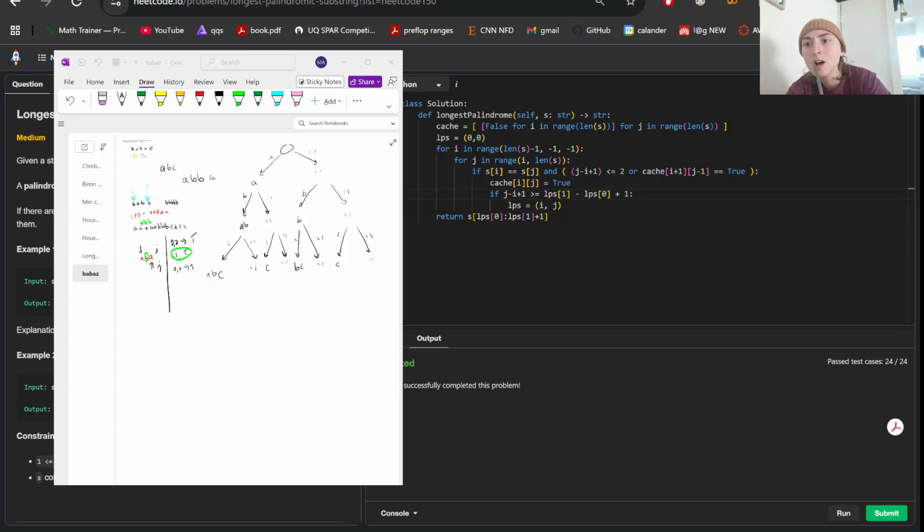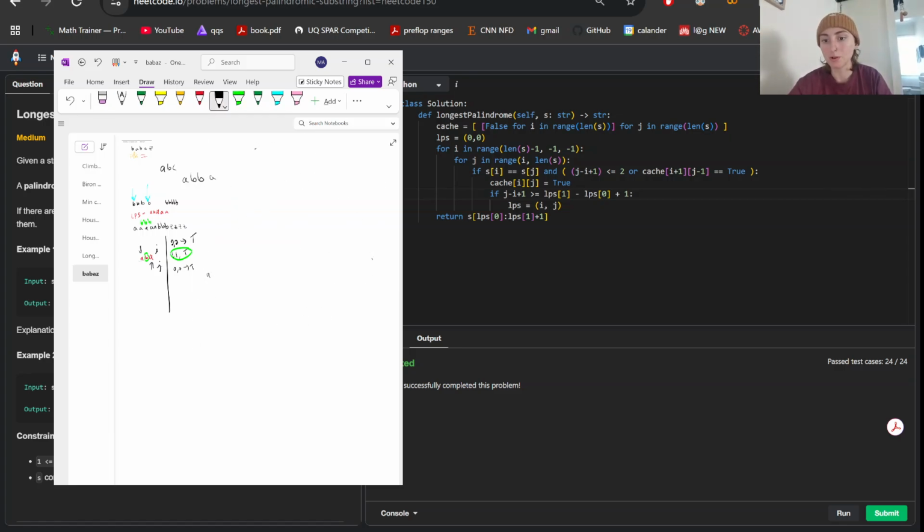Because this is a bottom-up approach, because we are starting at each index from size 0, like from just one character, and we're building up a cache of all of the results. I'm not totally sure how to do a top-down approach,